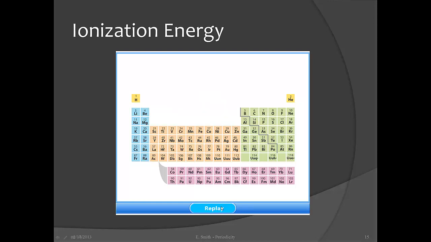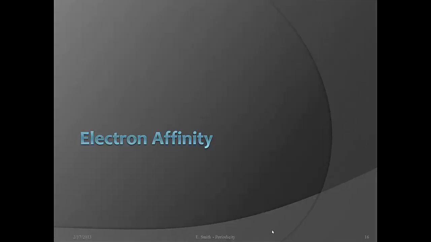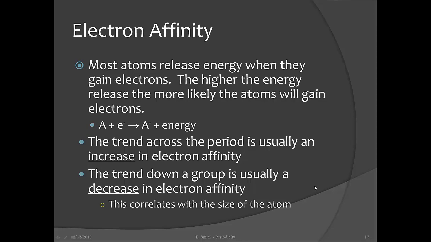Okay, so they introduced the idea of electron affinity, and that's what we're going to talk about next. Electron affinity is the ability to gain electrons, and when that happens, they basically release energy. Now, affinity means to love or be very attracted to. The trend across the periodic table is usually an increase in electron affinity as we go across